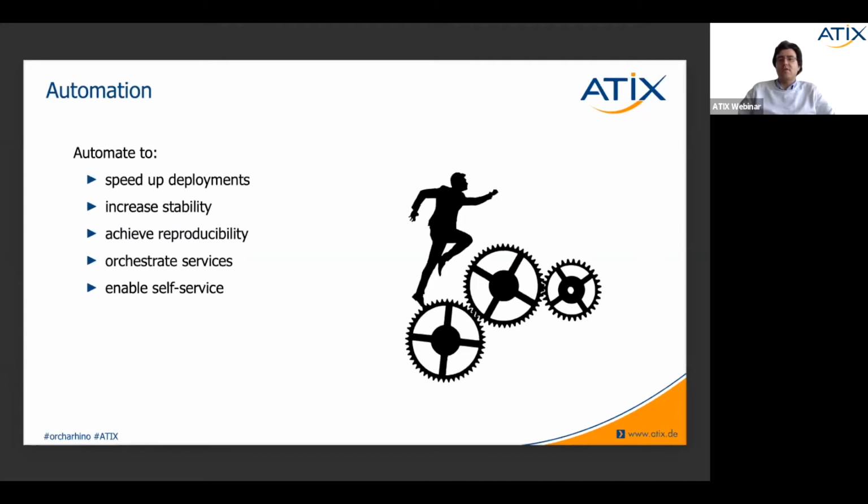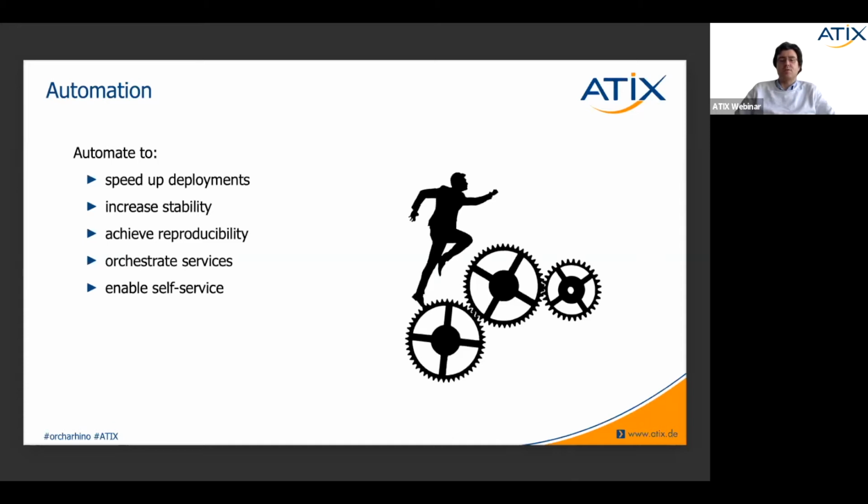And also if you have to redeploy a server in the same state and deploy several servers which have to be identical, you can just rerun your building pipeline which you have defined and automate everything, and then everything gets identical and you don't have to do everything. Also, you can use it then to orchestrate your services. You can define your services and they are rolled out automatically on all your servers and you don't have to do anything. Last but not least, it enables administrators to do a self-service.